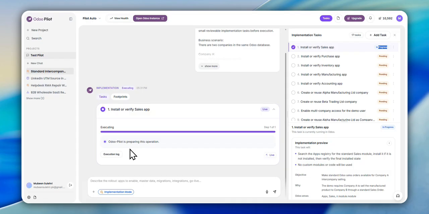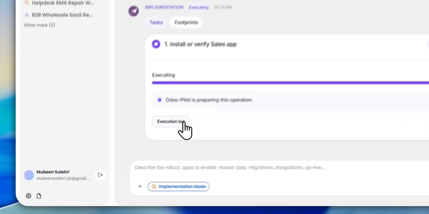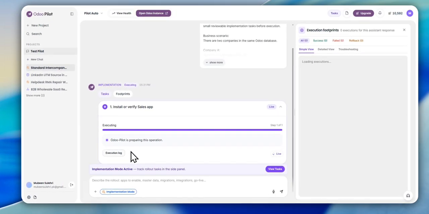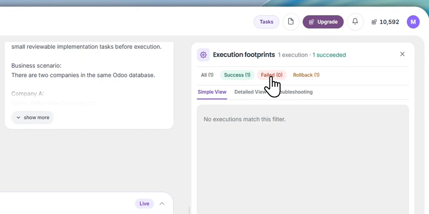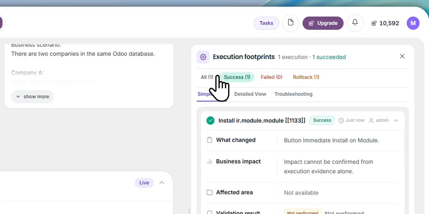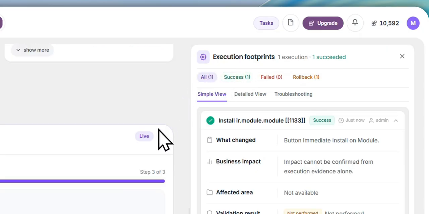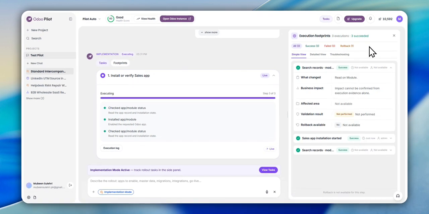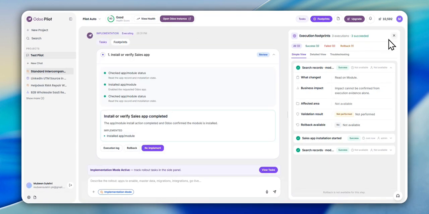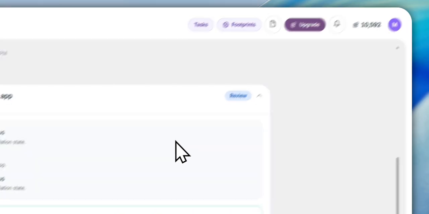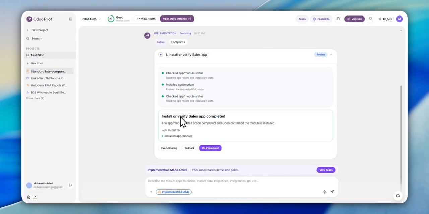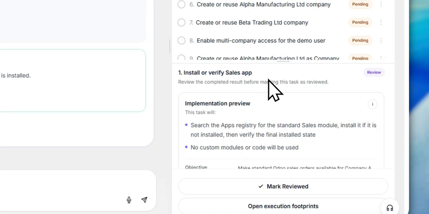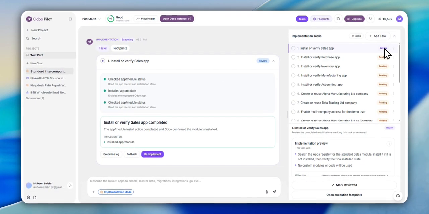If you want to see deep down what Autopilot is doing, you just have to click on execution logs and see success or failed. Some tasks will fail somehow due to our misguiding or lack of information. After this we will again see the footprint. We will click on view task, and it will show again. The status is review, so Odoo Pilot